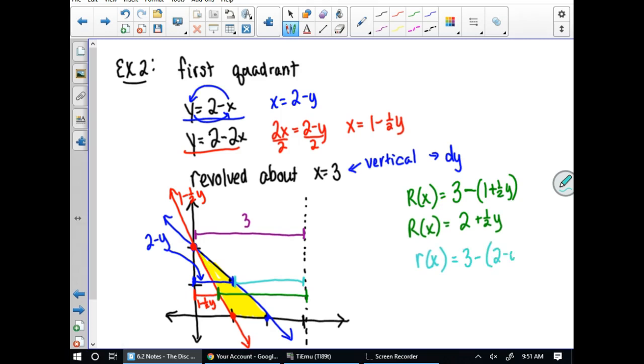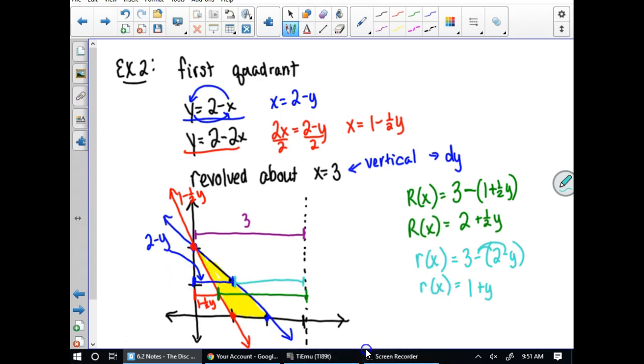3 minus 2 minus y, which if we distribute there, we're going to get 3 minus 2 is 1, and we get a plus y. In general, it should always work to take the line you're rotating around and subtract the equation to get those inside and outside radiuses. It does, you do need to draw a picture because, like, if we were rotating around the y-axis,